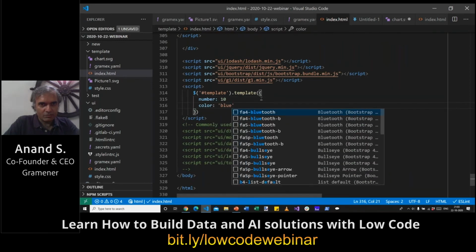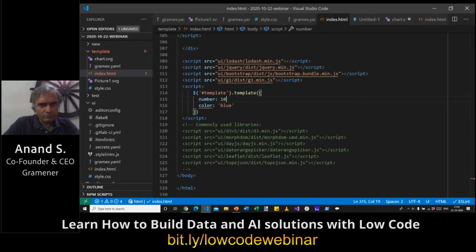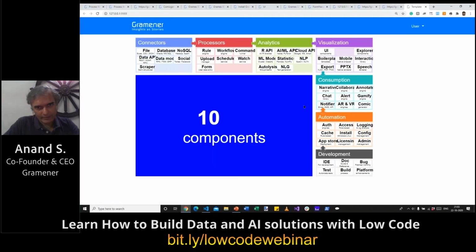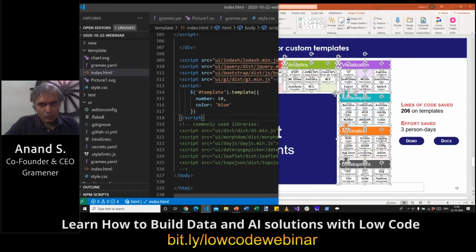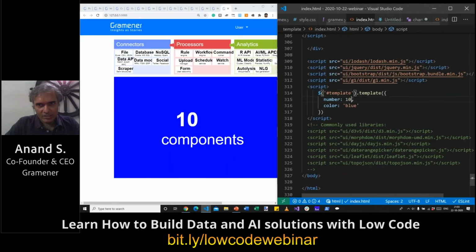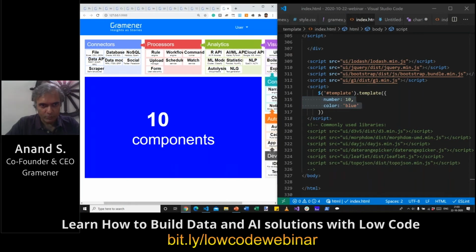So let's say color is blue. I forgot a comma there. Yeah. Now, what you see here, I'm going to make this go side by side. What you see here is a data structure that's being mapped to content, and we can therefore create pretty much any kind of structure. Let's make a small change here.